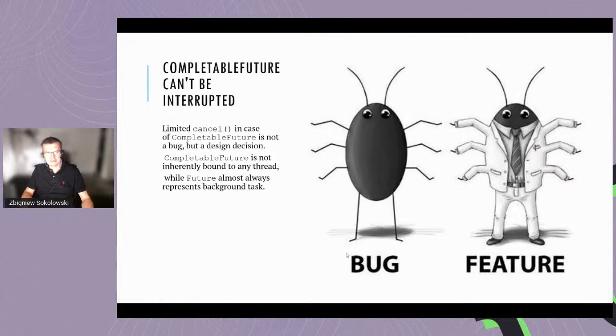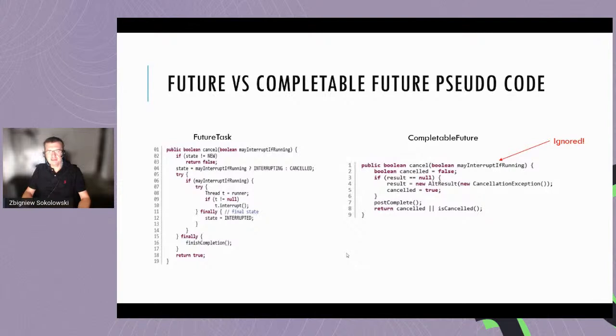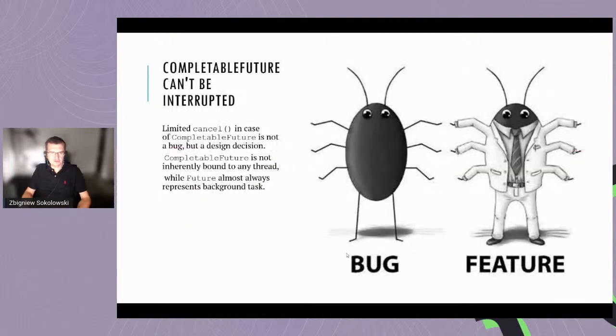So we read it further and carefully. And what was the conclusion? This mayInterruptIfRunning was ignored. We came to the conclusion, after reading the documentation carefully and spending a lot of time, that the cancel method in the case of CompletableFuture works in a completely different way, and this is not a bug. This is a design decision. It was intentional,